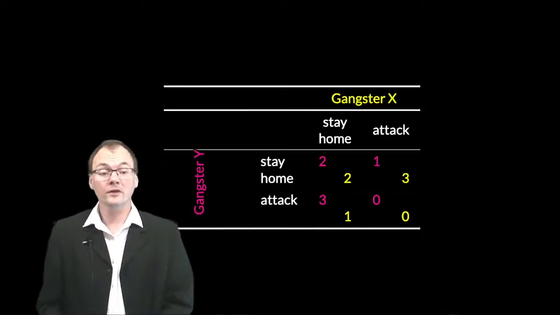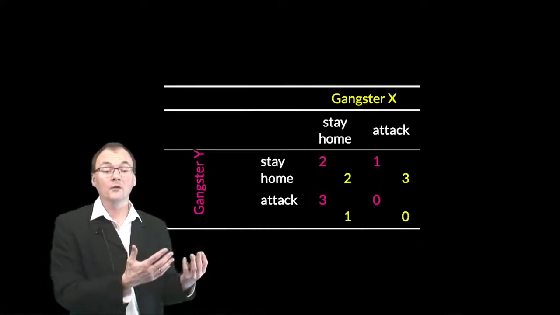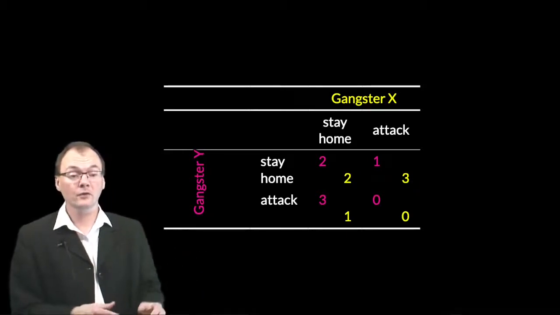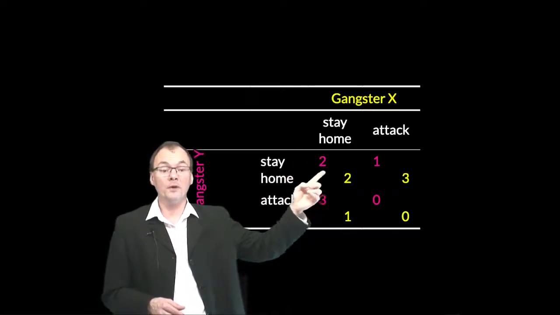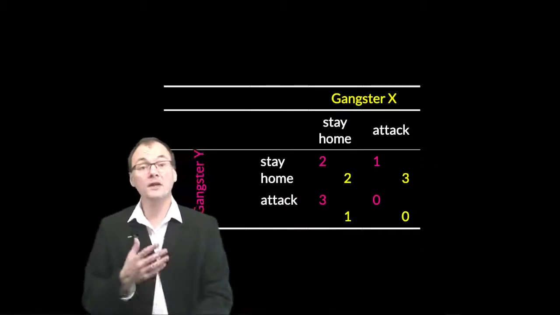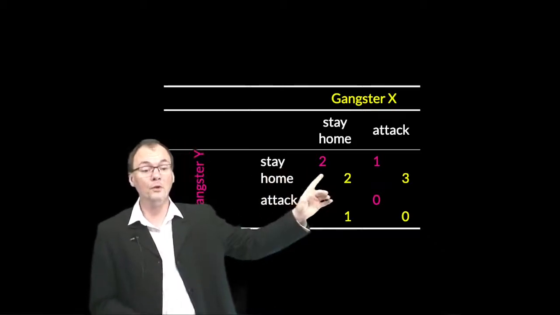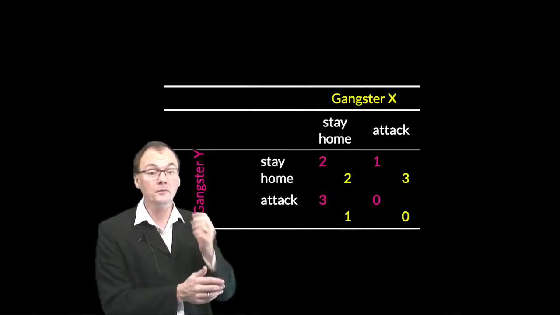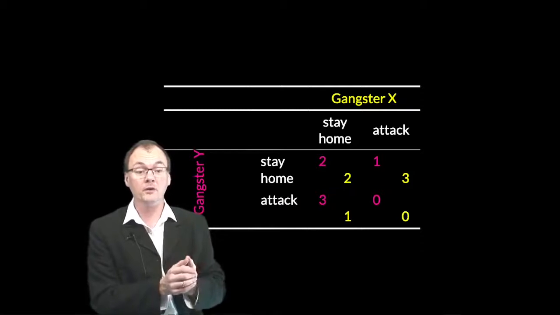So, for example, consider this game, which is sometimes called Hawk-Dove. You've got two gangsters sitting in their various rooms, and they have a choice. They can both decide to stay at home, in which case things are going to go pretty well for them. They're dealers, selling these drugs, ruining people's lives, preying on the vulnerable and people who've had bad life experiences. So if they stay at home, they're going to do pretty well out of that. They're going to make good money.